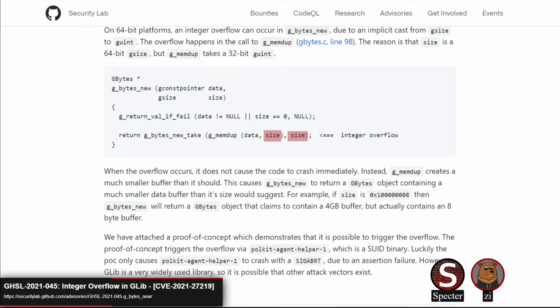So even if there were somewhere exploitable, it may be difficult to find, I should say. I haven't actually looked to find the place where you have the right amount of control over the bytes, especially since, as Spectre said, this is such a large object that you're going to need a copy. A lot of these functions probably won't even read anything that large in the first place, or want a buffer of that size. Yeah, so exploitation looks difficult, but I agree with you. I think the bug is kind of fun.